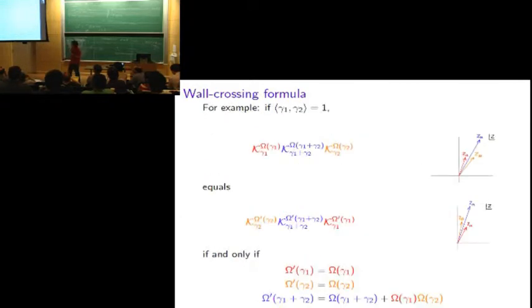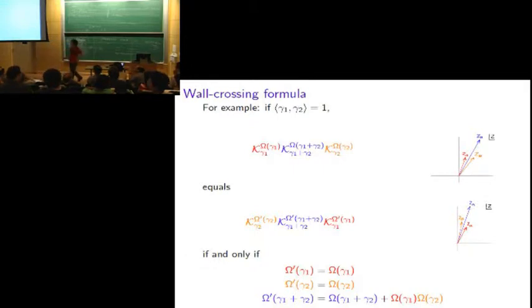Let's see an example. So let's suppose I have three rays that are very close to being aligned. And here I've drawn their central charges, Z12, Z13, Z23. So Kontsevich and Soibelman would tell you to form this product of automorphisms. That's some automorphism of the torus. Omega are my integers, my generalized DT invariants. So in this abstract formulation, they're just some integers. And I'm going to tell you how they jump as I cross a wall.